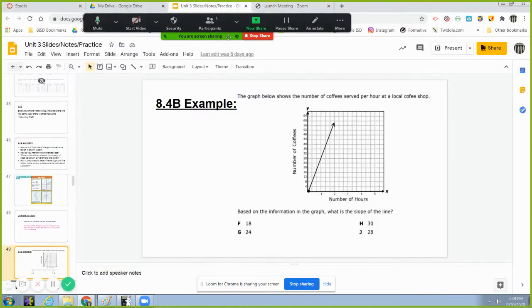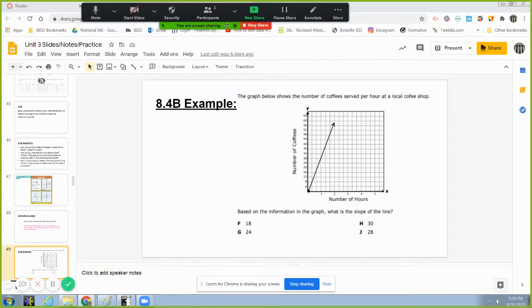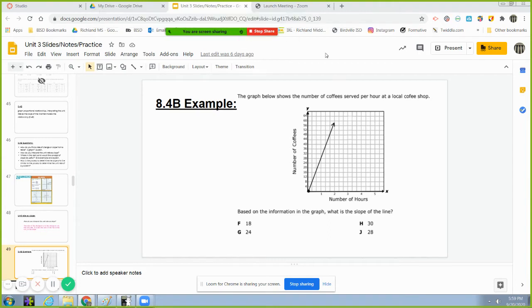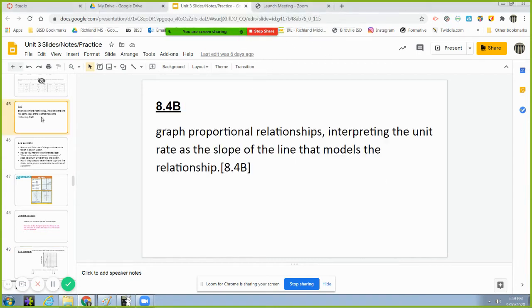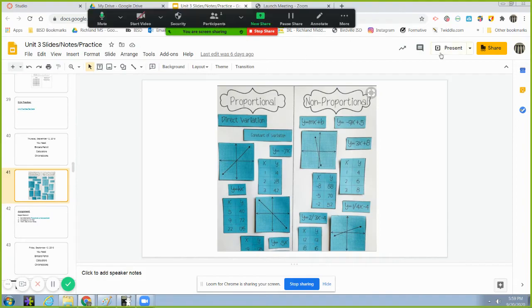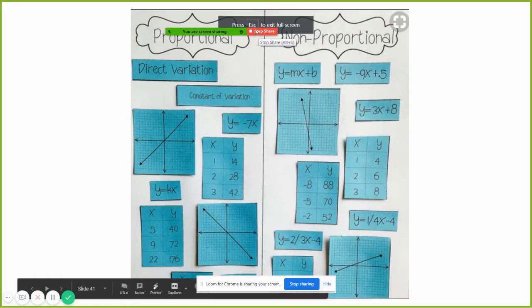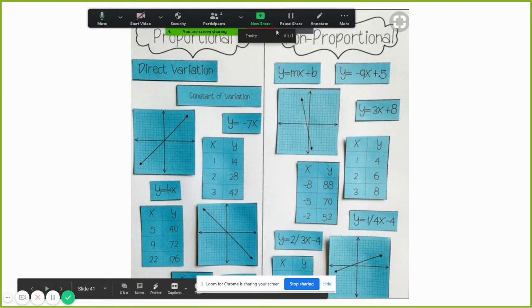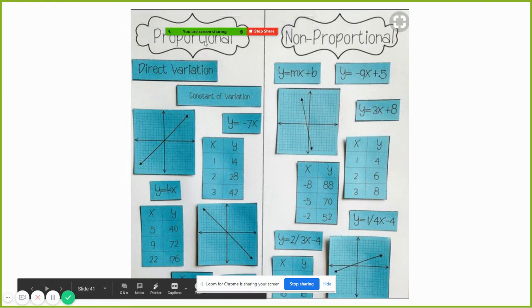We are going to look at 8.4b. Keep having computer problems, so please bear with me. Okay, here we go. We have been talking about proportional relationships, and we know that for a graph, for a